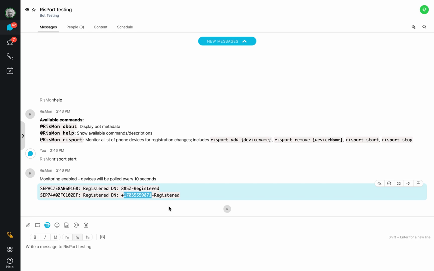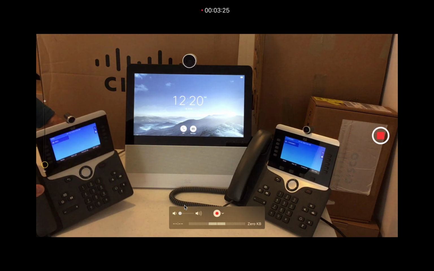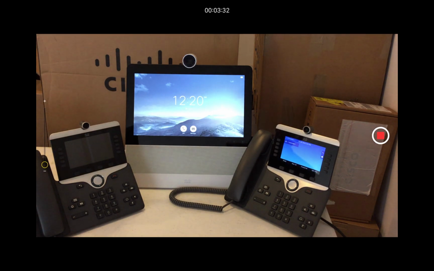Okay, so the bot's told us they're registered, and the bot's only going to give us information if something's changed. So for our first test, I'm going to go back to the endpoints. I'm going to pull a plug out of this 8865. And this is the same thing as losing power, or other things could happen to cause it